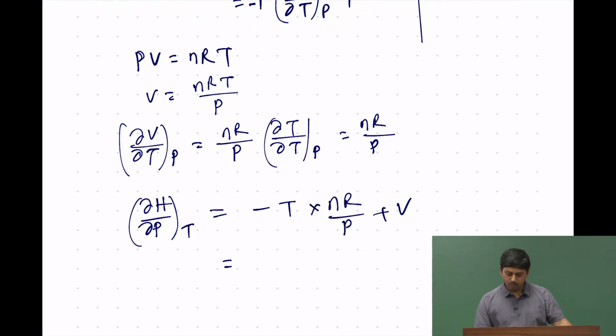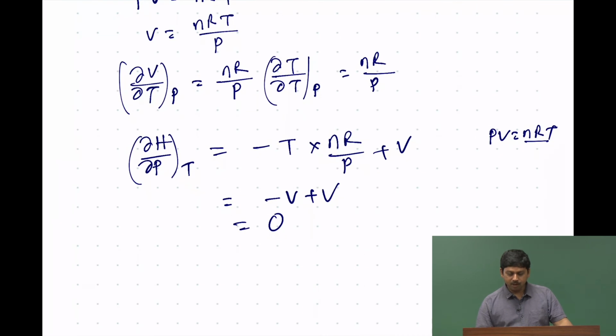So, as you know that PV equals nRT, right. So, PV equals nRT. Therefore, nRT by P is nothing but V. So, minus V plus V is equal to 0. So, del H by del P at a constant T is 0 for an ideal gas, and if you remember, that is nothing but the isothermal